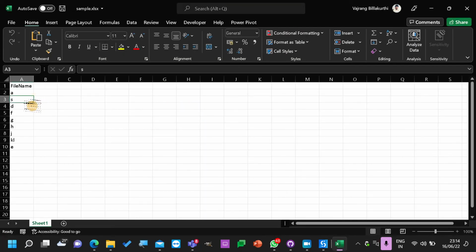So the file name can be duplicated. A D G G E. So now when it is something like this, we cannot add unique references, right? Because the data is duplicated.